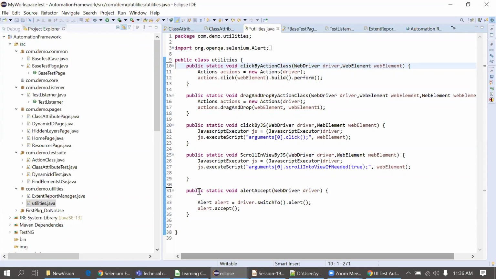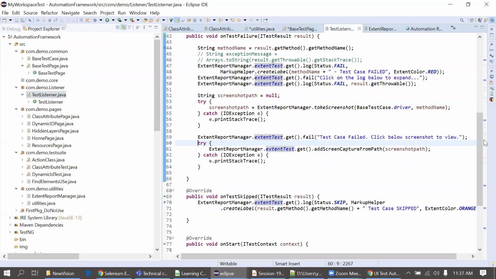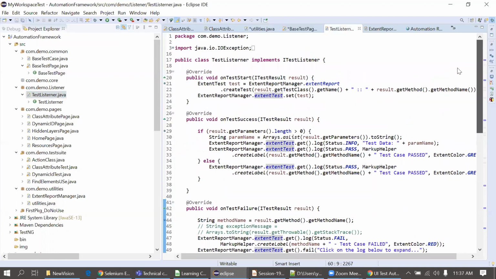Okay, could you just move to the TestListener class under the listener package? Why do we want to put this into the listener? No, I don't want to put anything into the listener, I just want to see the listener class. Okay.